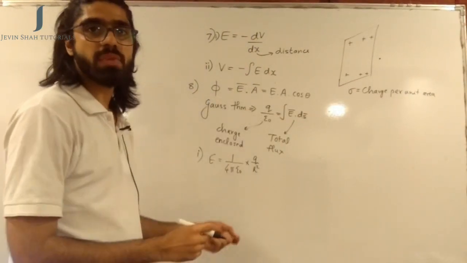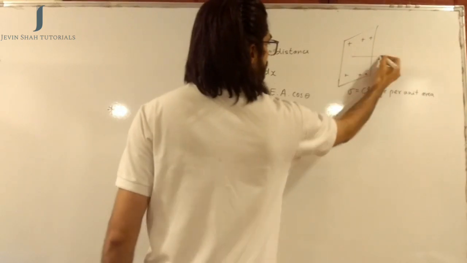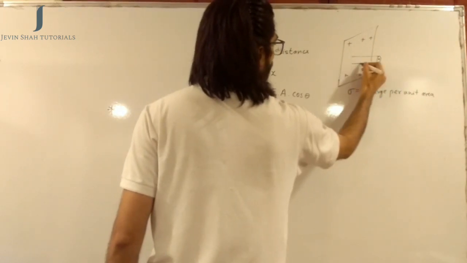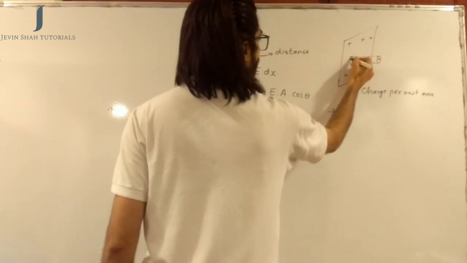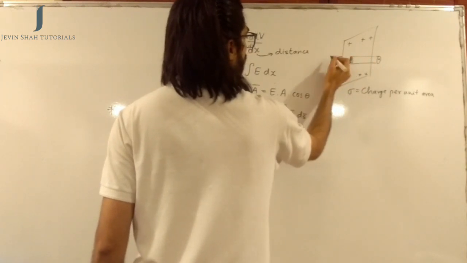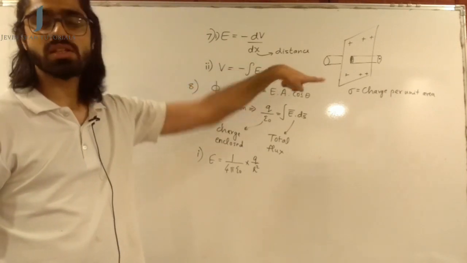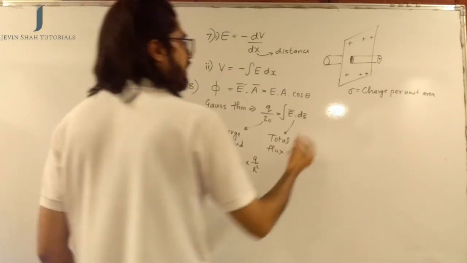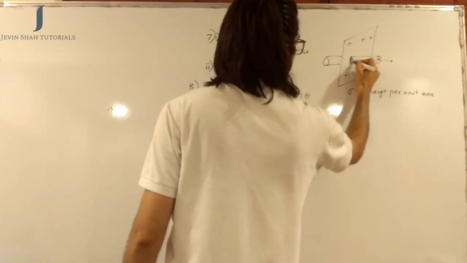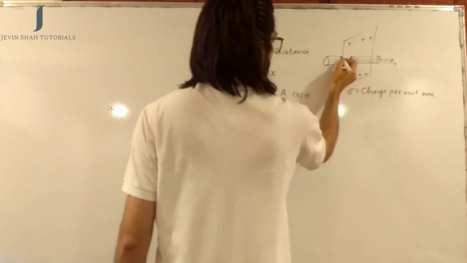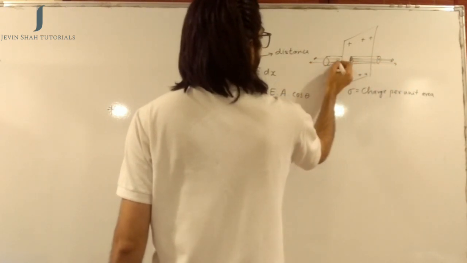So what we do is we again make the Gaussian surface, and the Gaussian surface this time we will make it a cylinder. So now the cylinder is this, and that is our Gaussian surface. So if we make electric lines of force, they are going to come out like this, and from the other side also they will come out like this.